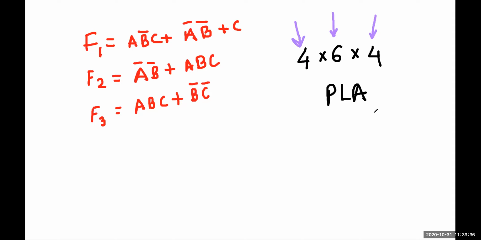Got my point? So this will be your homework for today. Tomorrow you have to show me. If you fail to show me, your 2 marks will be gone. Remember, you have to try. So a 4 into 6 into 4 PLA. This is the specification of your IC. You have to use these to design these. Understood, everyone? Sir, there is one more. Okay, now 4 is your number of inputs, 6 is the number of AND gates, 4 is the number of outputs. That is the OR gates actually.